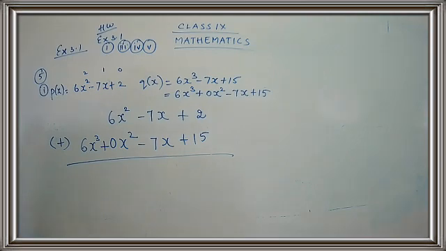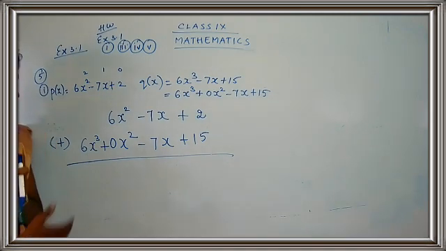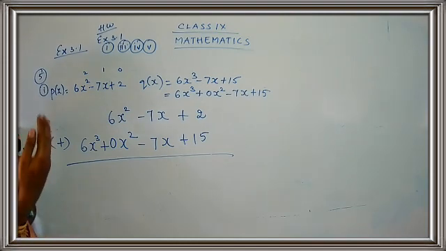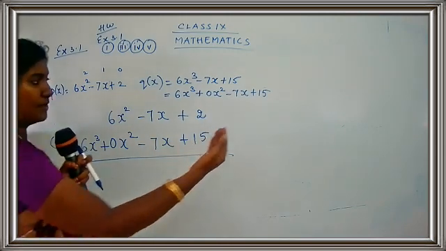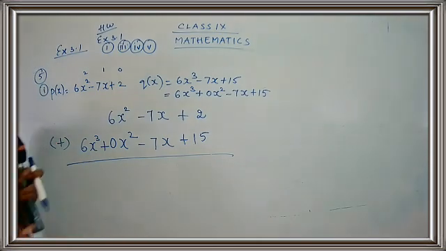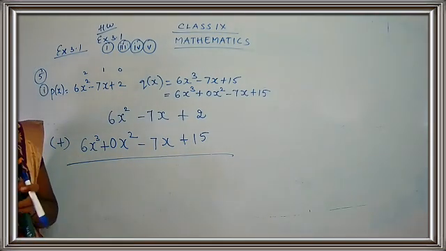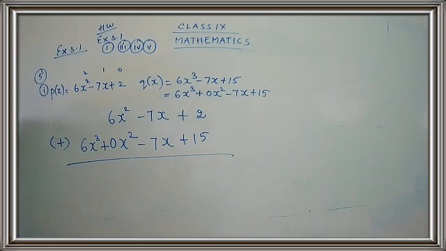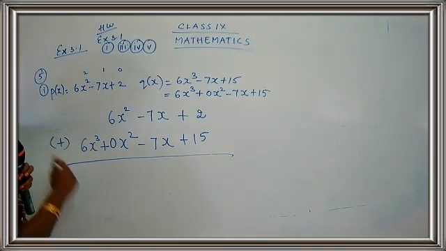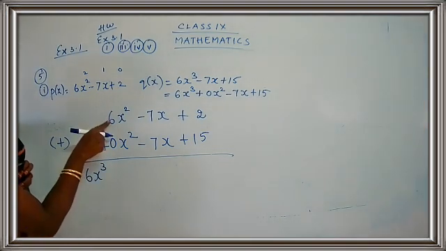Okay, done. Shall we go for the calculations? Whenever you go for the calculation part, children, you can proceed from any direction you want. You can start from the right or you can start from the left. Because when we go for normal addition or subtraction, we start from the ones place and move forward. But here that doesn't matter. You can just start from the first and we can get the answer. So I'm just going to start from the first here. 6x cube is without any other number, only one term is there, so it will be taken as it is, 6x cube. 6 plus 0.